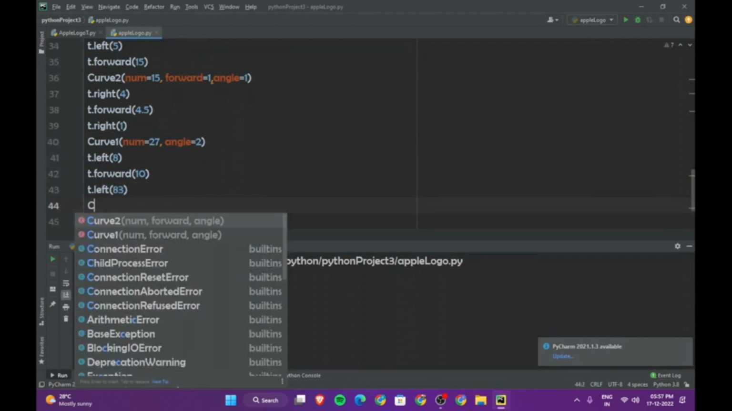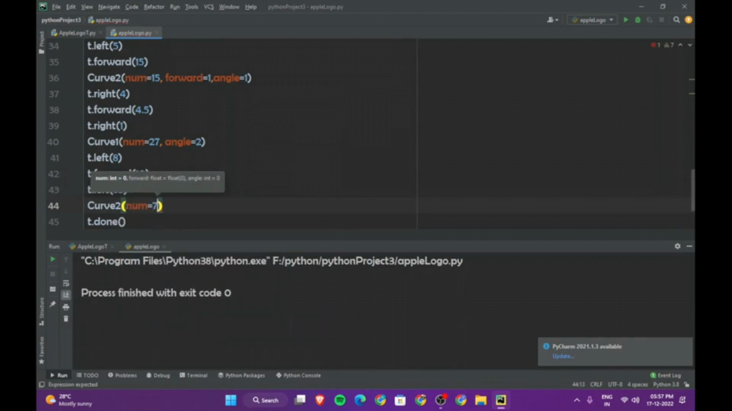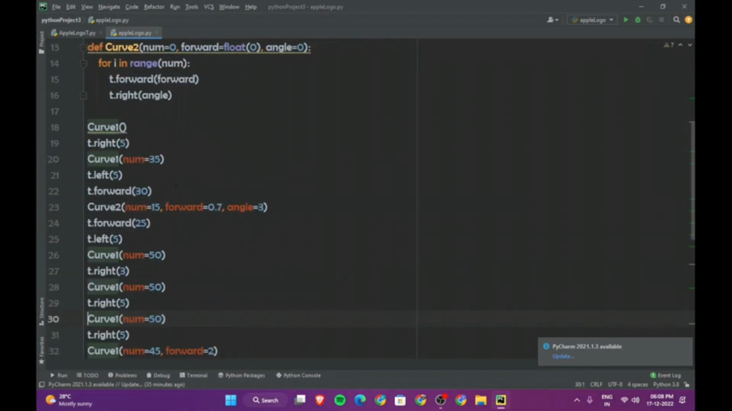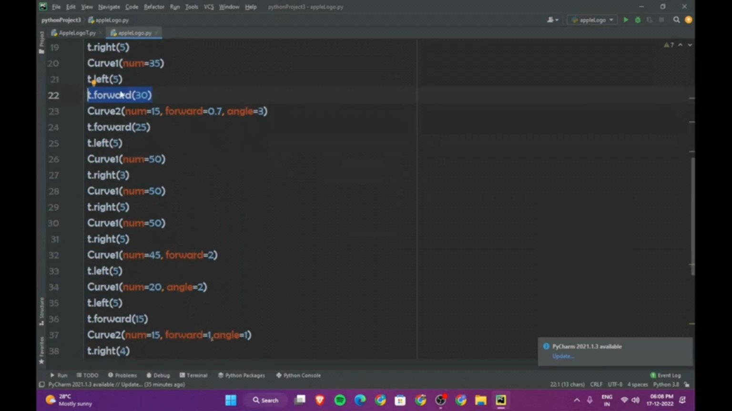And let's call curve2 again. We are going to say num equal to 75, and then forward will be 1.3, and then angle will be 1, and then let's say t dot right of 4 degrees. Actually we have missed a line here. We need to add t dot forward 30 here,